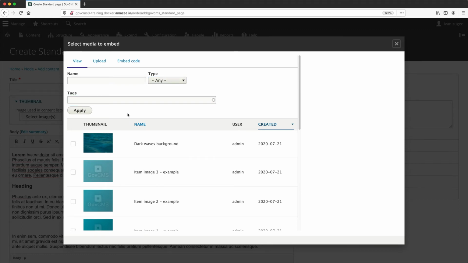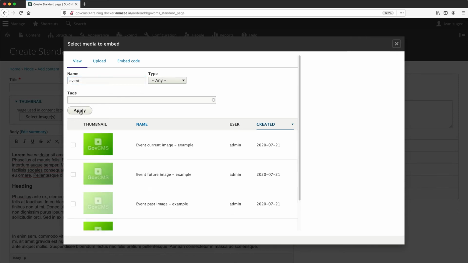So let's go ahead and search for all media assets with the word event in the name. To do that, just type in event into the name filter and then click on apply. And this will return all assets with the keyword event in its name. Then if you want to embed an image, simply select it by using this checkbox, scroll to the bottom and